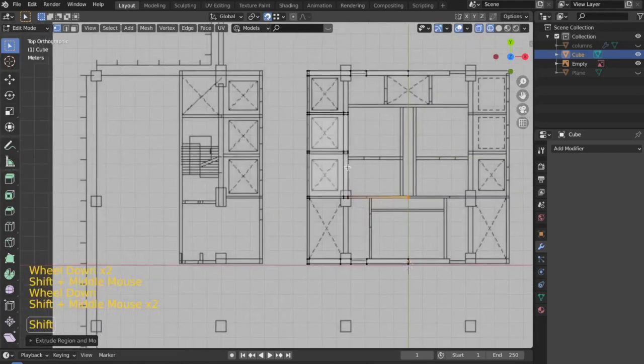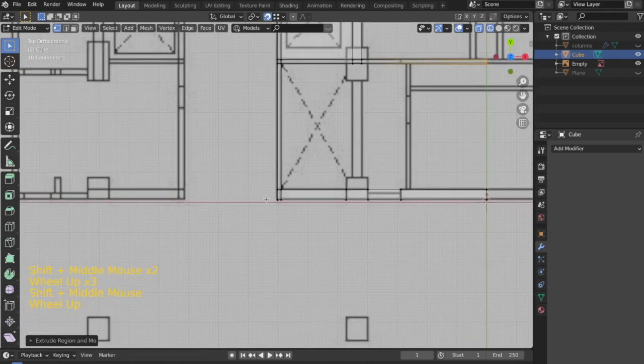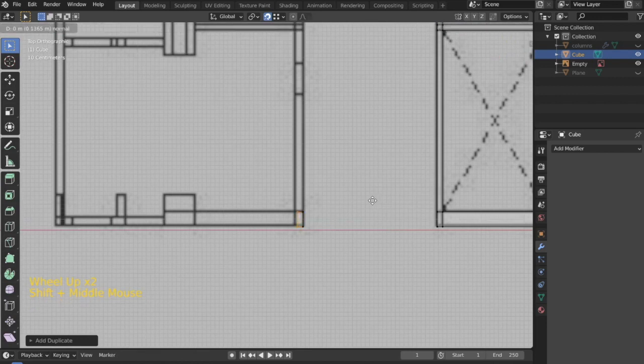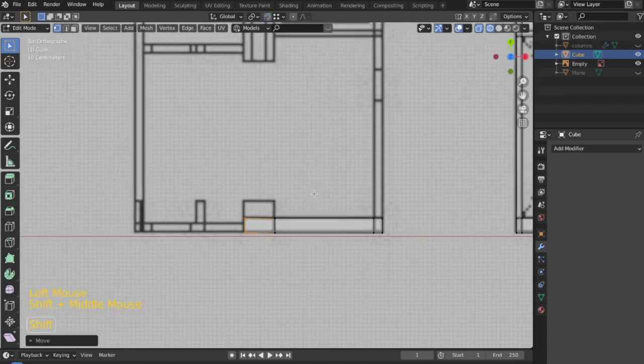Now that we are done with this, I'm going to select these two vertices, and over here I'll press Shift D to copy them, and then again start creating this wall by extruding it, then again extruding it, and yet again extruding them. For now I can turn the snap off.